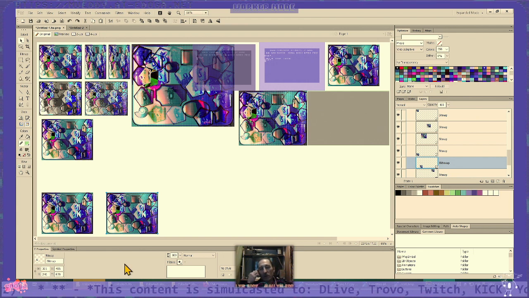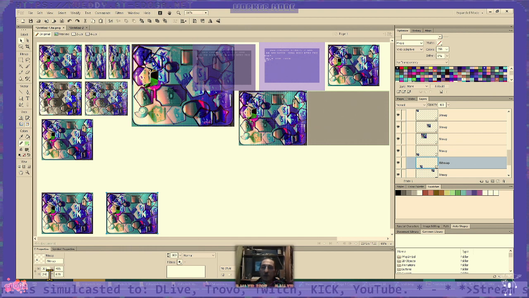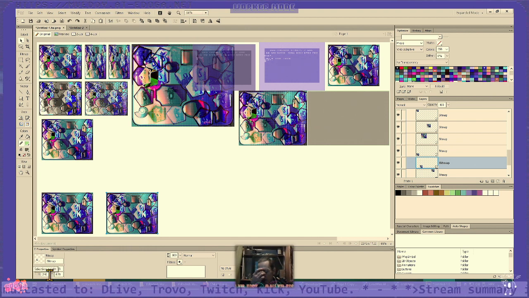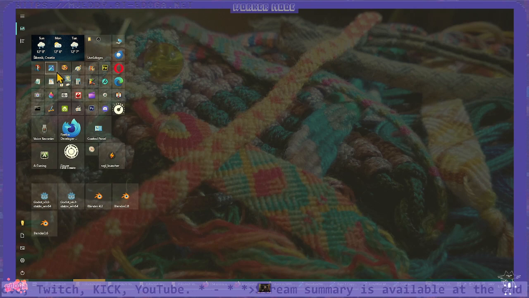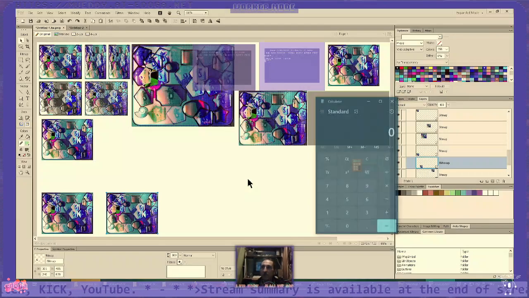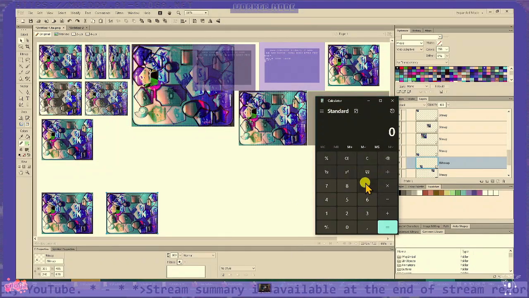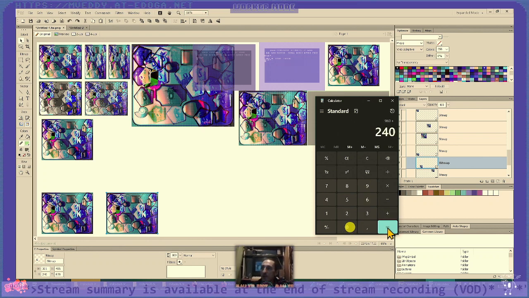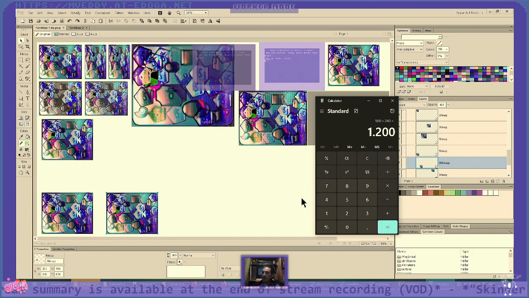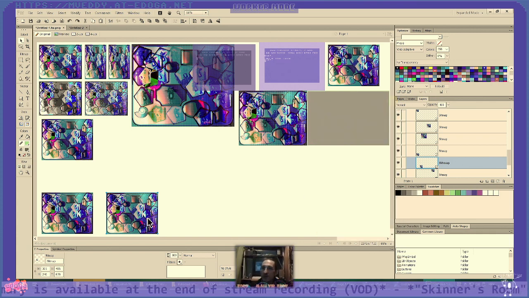So that would be 480 and 480, 960, okay, so scale it up a few times, 960. 960 plus 240, that's too big. So 960, let's say that 960 is about